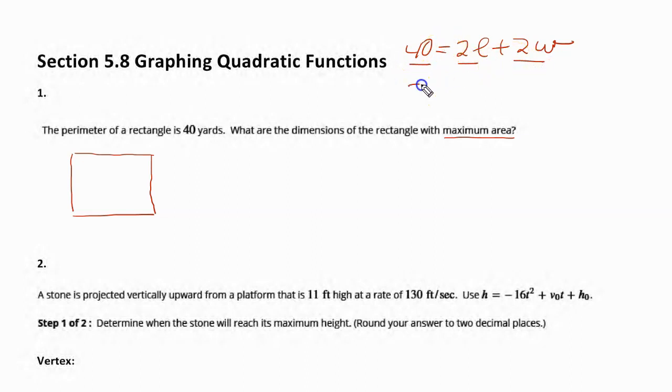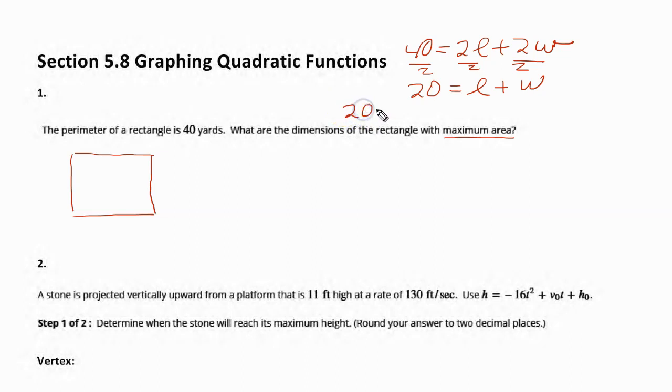So this is going to be 20 equals length plus width. If we divide everything by 2 here, and we want to solve for one of the letters, we can solve for W, or we can solve for L, makes no difference, and this would become